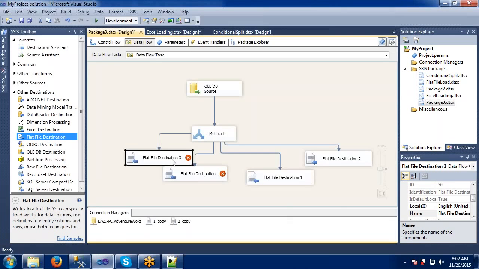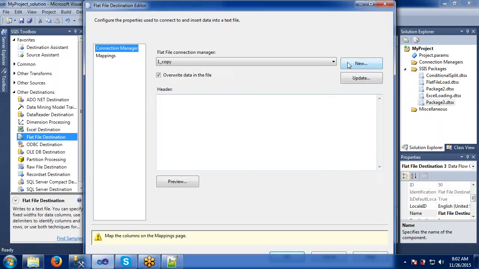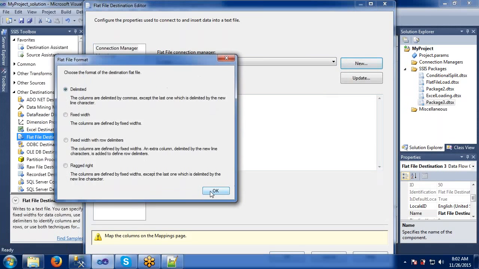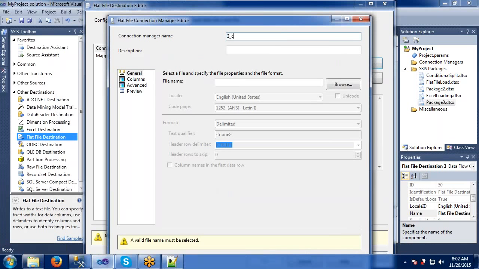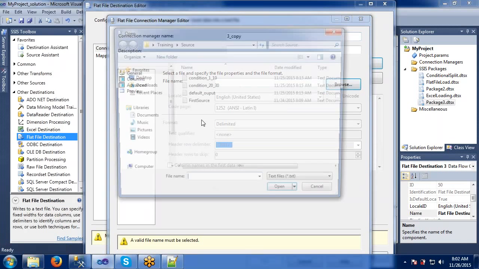Let's go with the third destination. Create if you want. I'm creating the third copy. Means this is a destination file I am going to create.